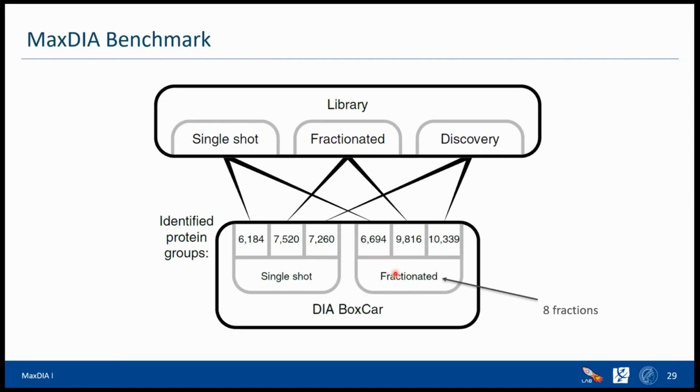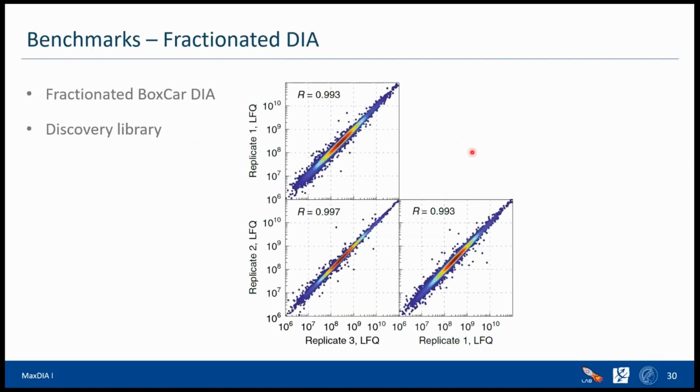And so what you see here is that with the discovery library, you always get more than with the fractionated library from the same sample. That's kind of encouraging. It's probably always a good idea to do the library-free mode. There's not really a penalty from doing this instead of using a library. And here you see that the MaxDIA algorithm is actually compatible with the fractionation of the DIA samples, right? So that's what I was just saying, that you actually can do quantification with MaxLFQ between